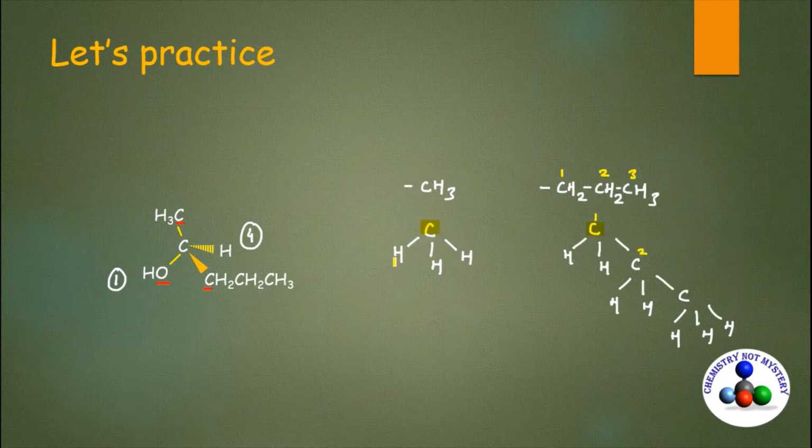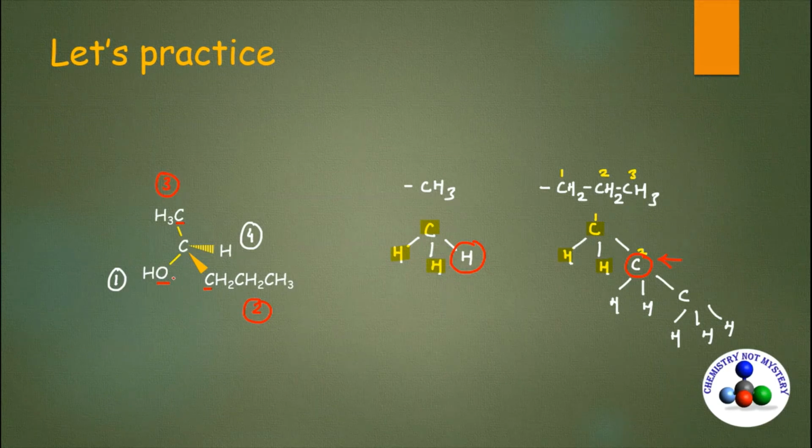Now come to the next level. This carbon is directly bonded to hydrogen. This is also directly bonded to hydrogen. This carbon is bonded to hydrogen. This is also bonded to hydrogen. But now you will get the tiebreaker. Here, in this case, this carbon is directly bonded to hydrogen, while in this case, this carbon is directly bonded to the carbon. So that's why this second group, this alkyl group will get the second priority and methyl will get the third priority.